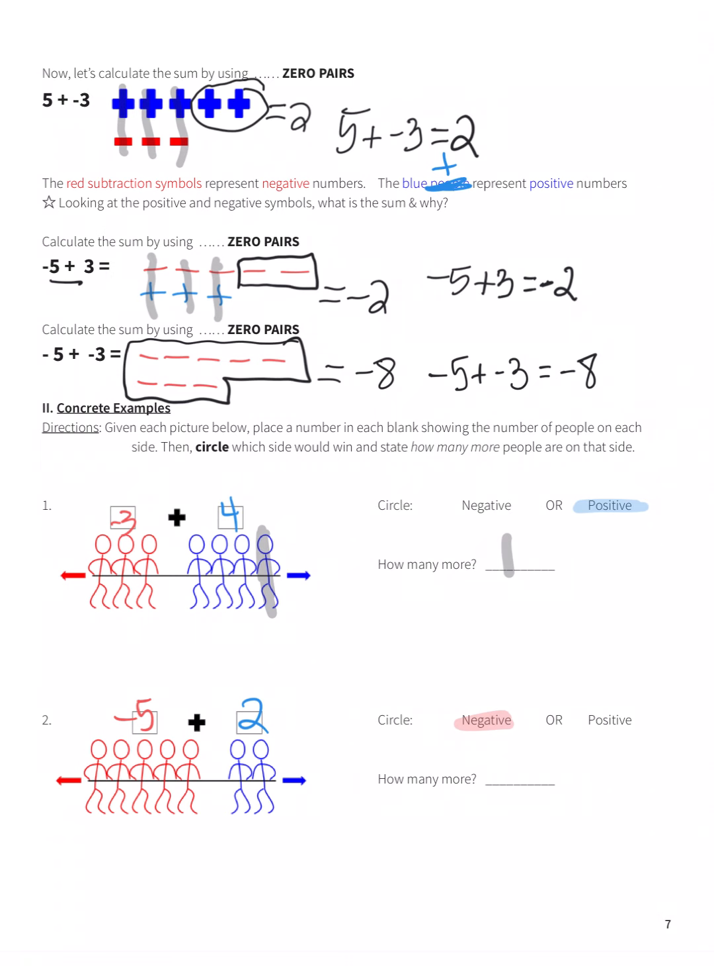So we know my answer is going to be negative. All right, and how many more negatives? Well, we got 2 positives, 3 negatives. So that means there are 3 more, and we know our answer is negative. So my answer is negative 3 because there are 3 more red people or negative numbers than there are positive